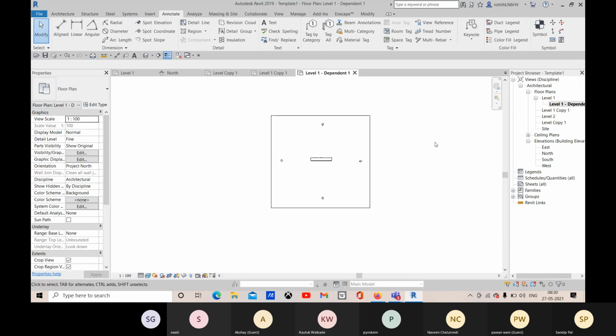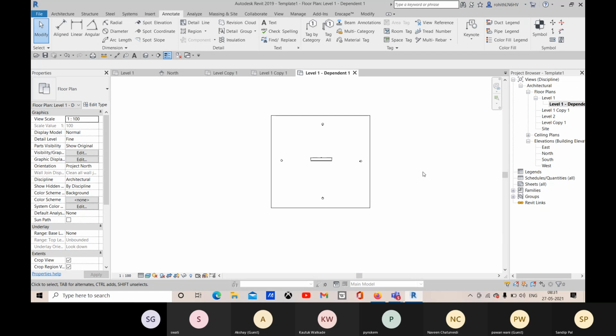So you can choose to copy level 1 as a dependent when you need a detailed view of that whole plan. Suppose from that whole plan, you need to separate your kitchen view, or your bedroom, for the detailing.